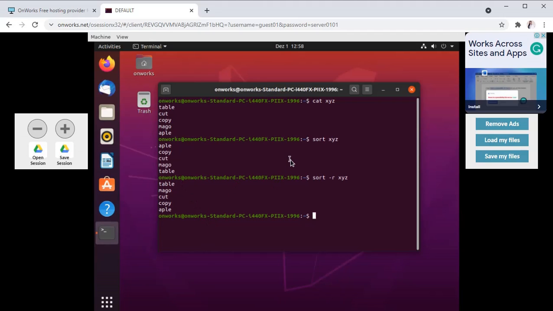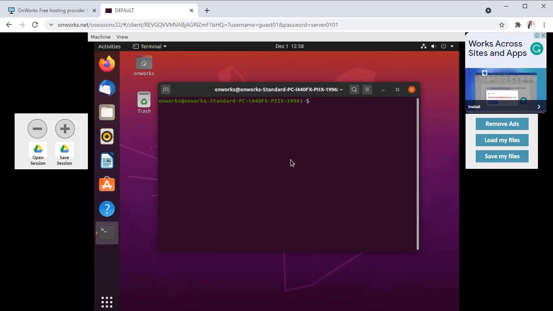Now the next command is the grep command. Grep command is similar to the find command in Windows. So grep command is used to find a particular word or a pattern in a particular file. Now the content of XYZ is this. Suppose we want to find the word cut in a file.